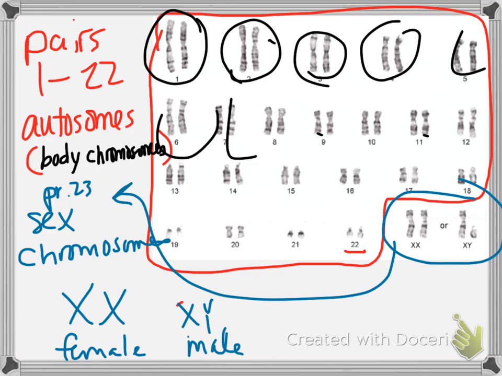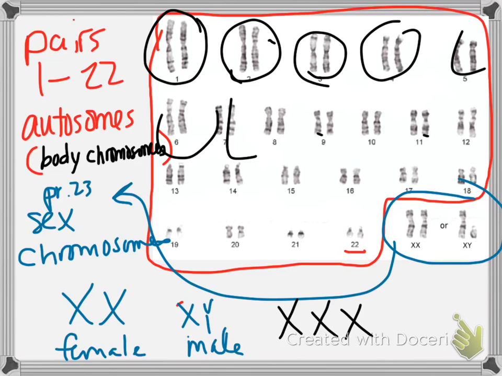It can happen that you get either an egg or a sperm that has 2 X's, and you get this: triple X. You can have a triple X chromosomal arrangement. That I always screw these up. That's Turner syndrome. And I might have to rescind this if I look it up. But you can end up as a female with 3 X chromosomes. I reserve the right to look it up and correct myself later.